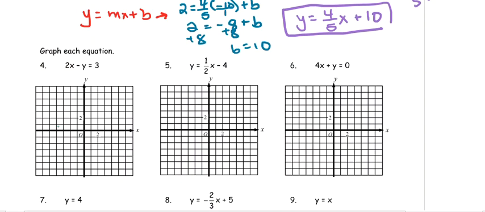All right, graphing. Graph each equation. When you're graphing, you want to change this into slope-intercept form. So you have 2x minus y equals 3. And I don't really have a lot of room here, so we're going to do our best. Minus 2x from both sides. So you're going to have negative y equals negative 2x plus 3. And you have a negative over here, so it's almost like a negative 1. So divide negative 1 from everything, and you're going to end up getting,